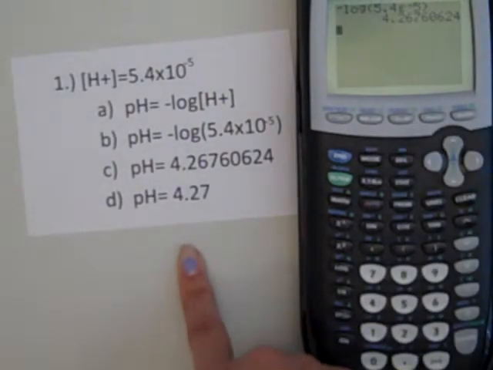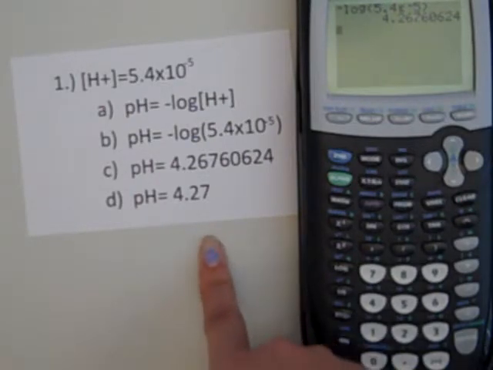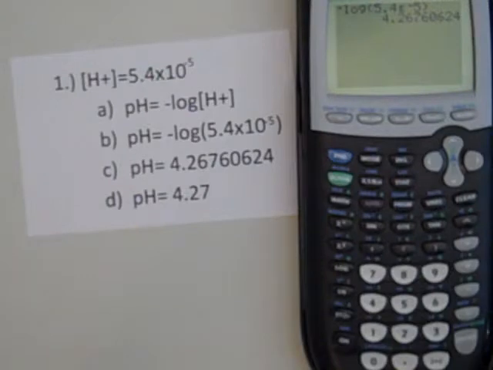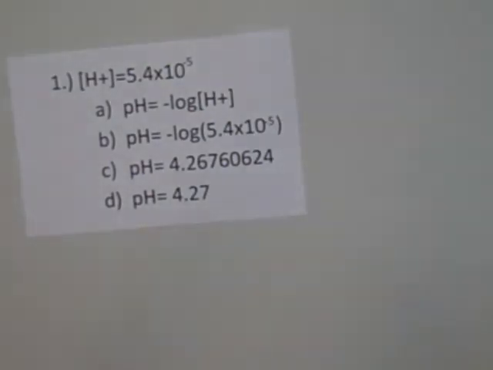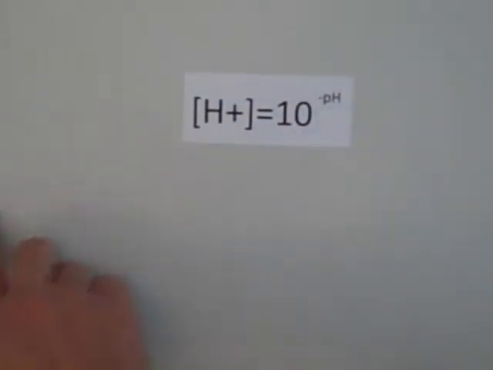And with pH, the significant figures are counted after the decimal, so the final answer would be 4.27. We can also use the pH and work backwards and calculate the hydrogen concentration. For that, we would use the equation hydrogen concentration equals 10 to the negative pH, which is the negative antilog